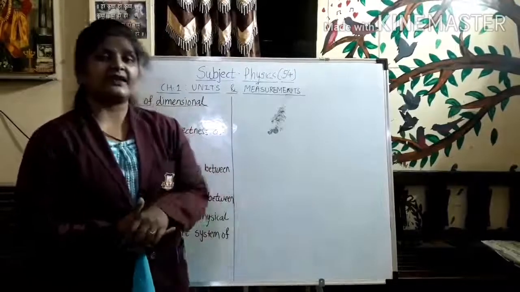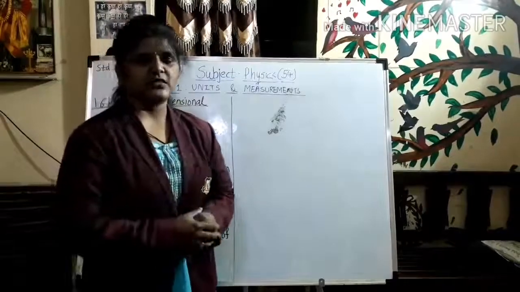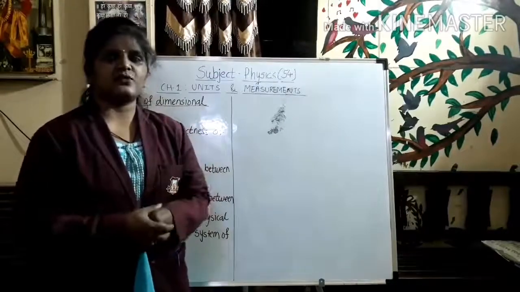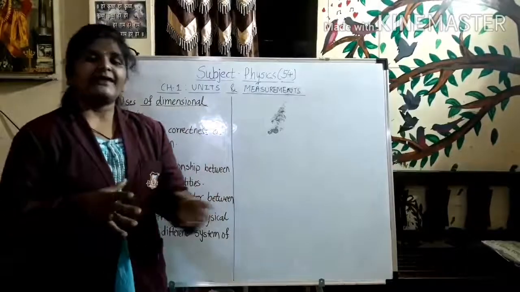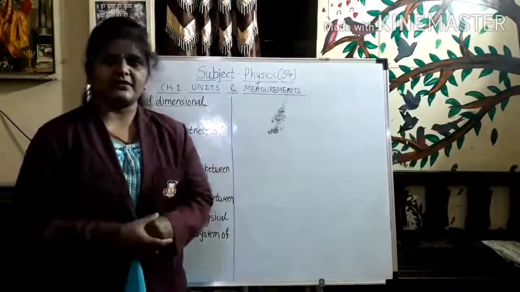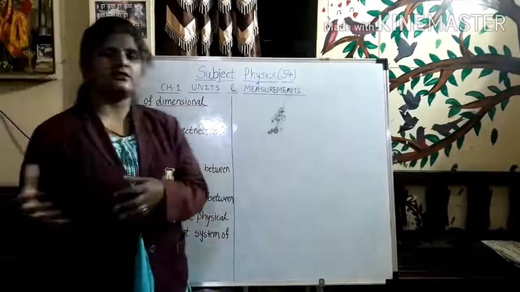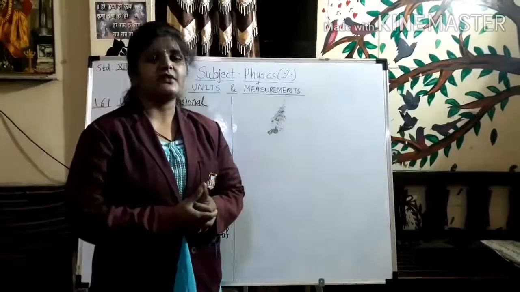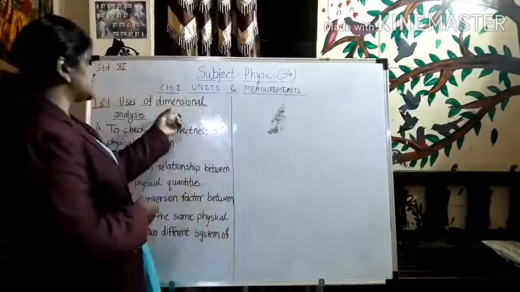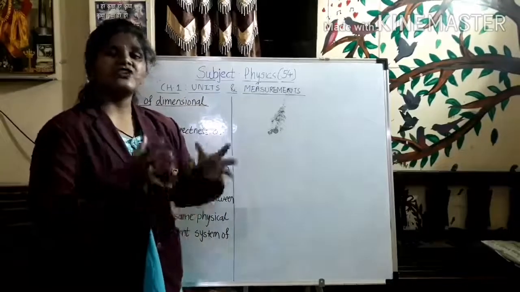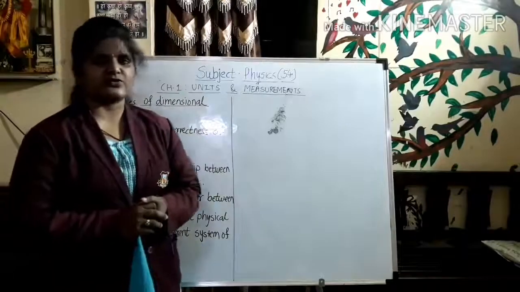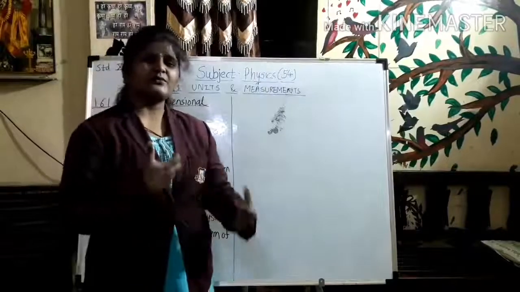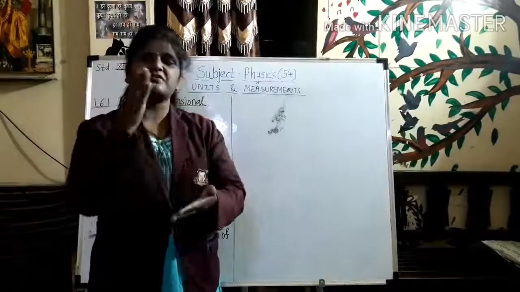Rather than that, you must have learned the kinematic equations, that is v is equal to u plus at. The displacement equation, that is s is equal to ut plus half at squared, and many more. There are 3 kinematical equations, right? You must have learned all of them, and we are going to see whether they are dimensionally correct or not. By using dimensional analysis, we can check the correctness of a given equation, such as F is equal to ma. Now what is exactly the meaning of that?